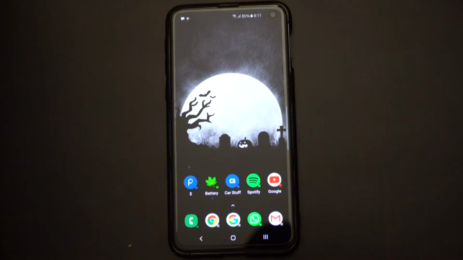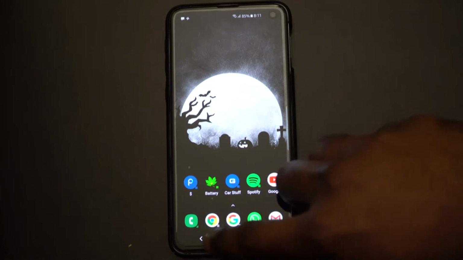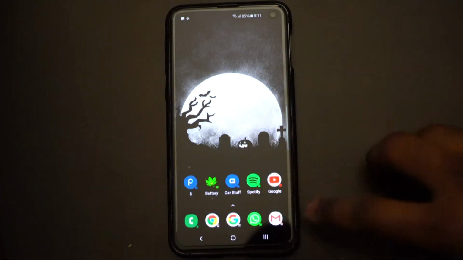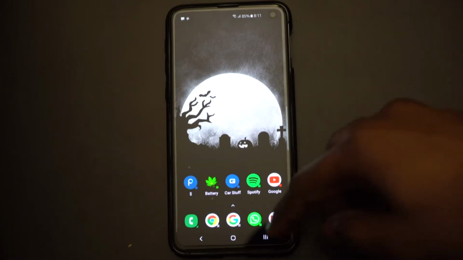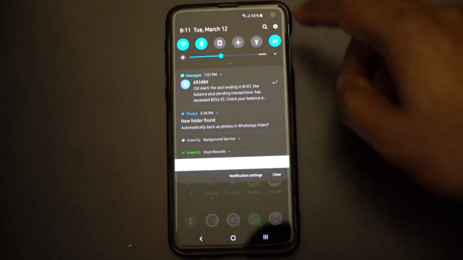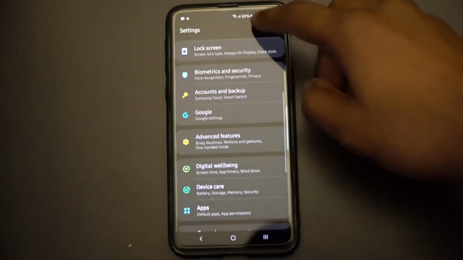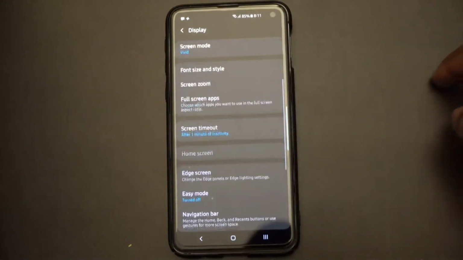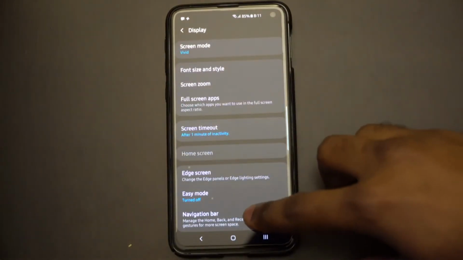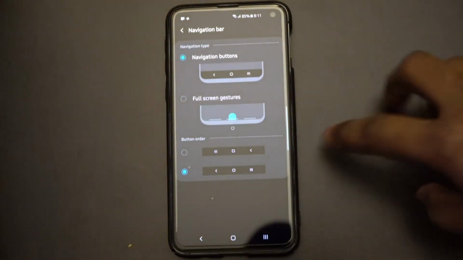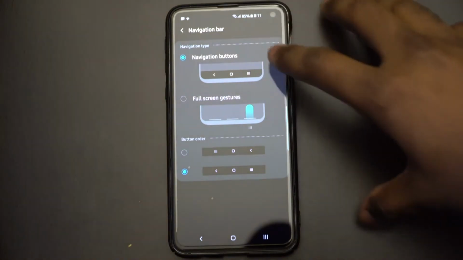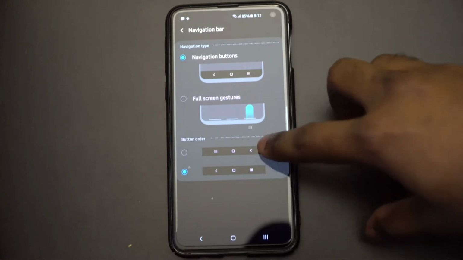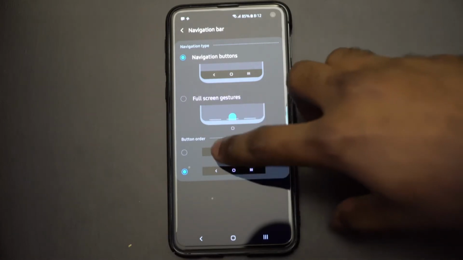First thing that I want to talk about is the navigation bar. As you can see here, the navigation bar that I'm using has a back button, home button, and a multitasking button. So to change this, you go to your settings, search for navigation bar, and it will take you right to the navigation bar settings. You click on that. Here you have a few options. You can either use the buttons or the gestures, and here you can actually order how the buttons and the